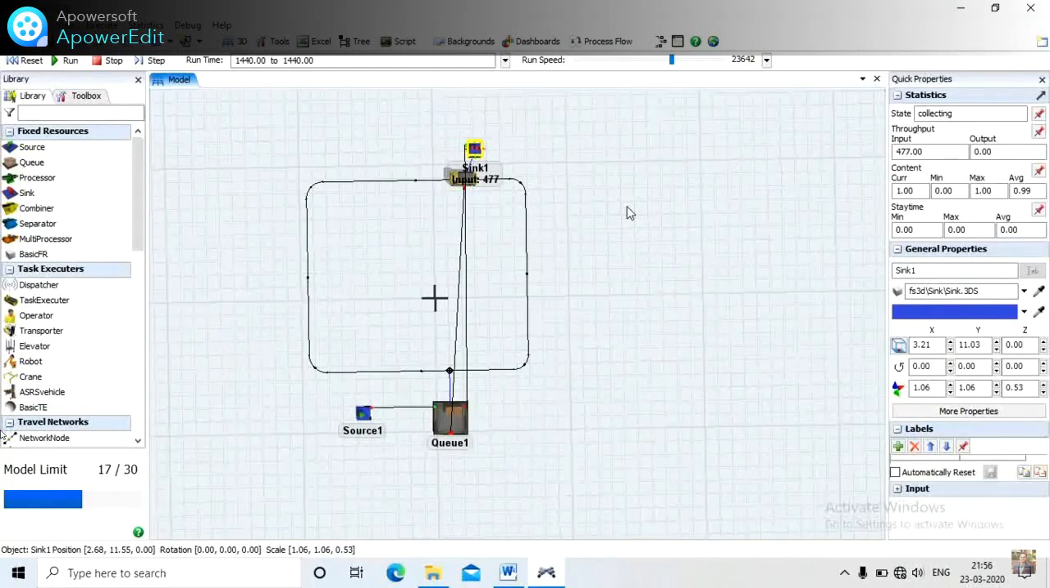So the ultimate goal of material handling is to make the material available where it is required and to carry material effectively. And there are a number of functions